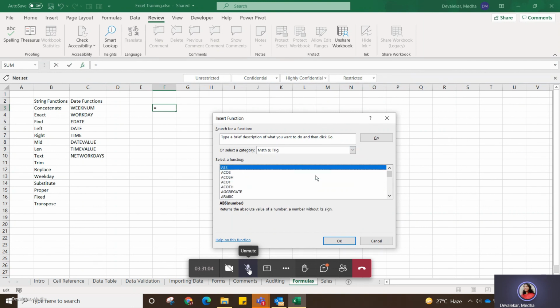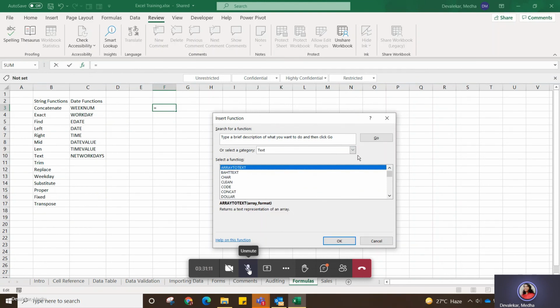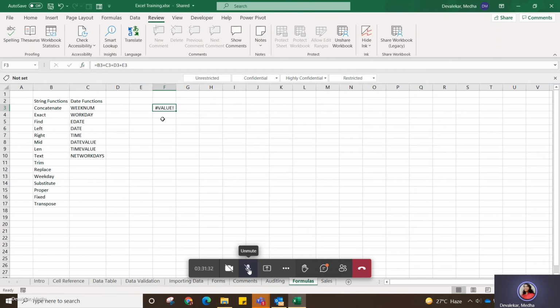Then math and trig, then string, statistic, text formulas. So you can see the categories here, okay. And again, if I select most recently used, I can see sum, average, if, which I mostly use or prefer. So sum, you already know, it is summation of numbers. I'll just click OK.